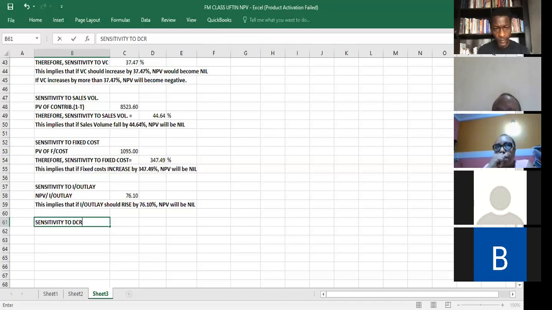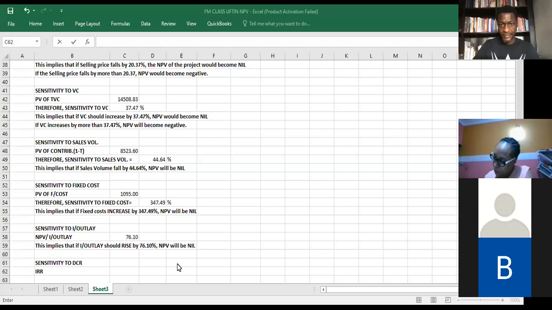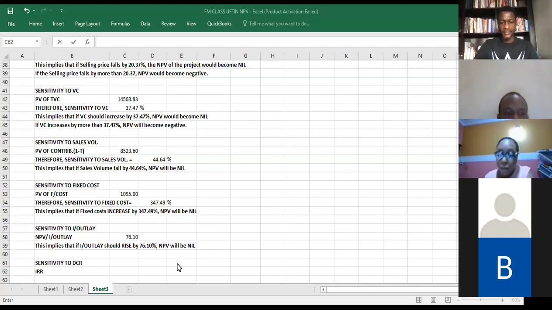So sensitivity to discount rate. First of all, we get our IRR. Our sensitivity to IRR, we can just say is equal to IRR, then open bracket,